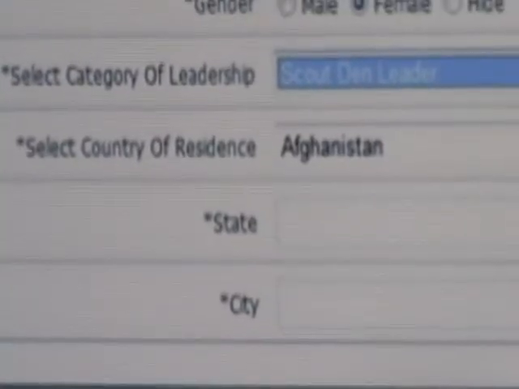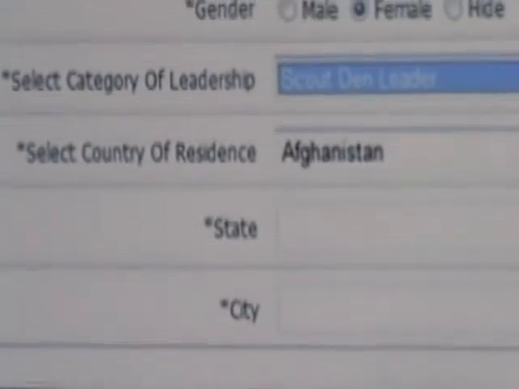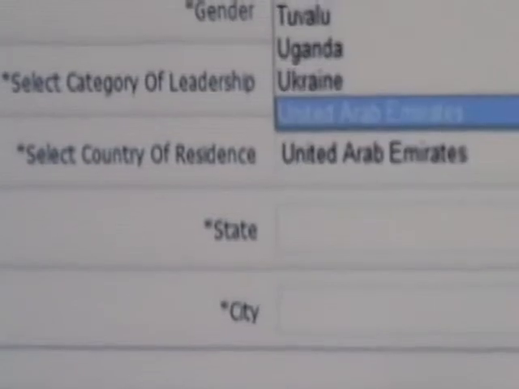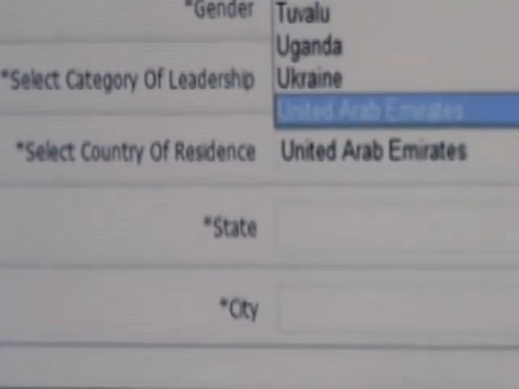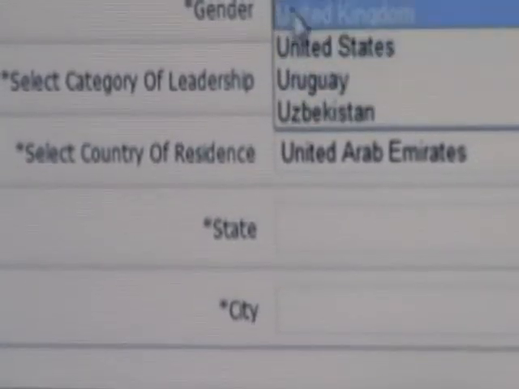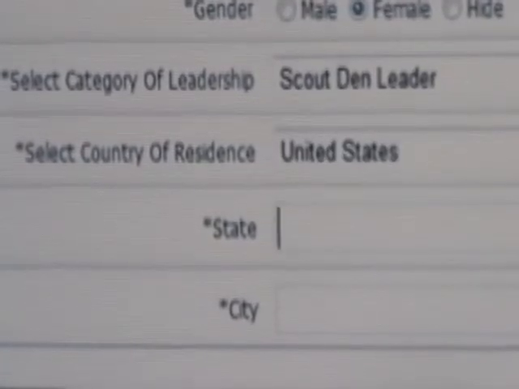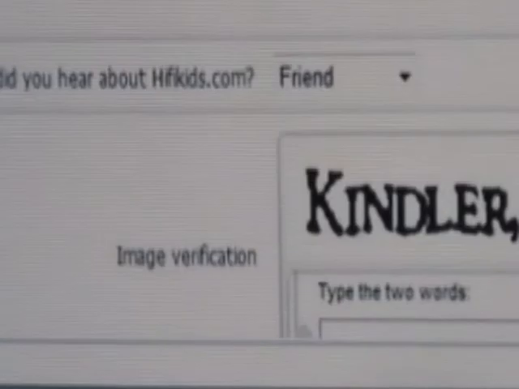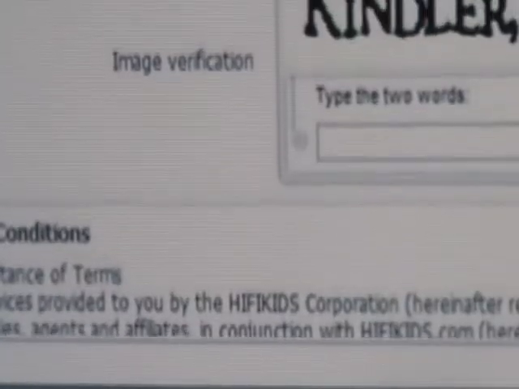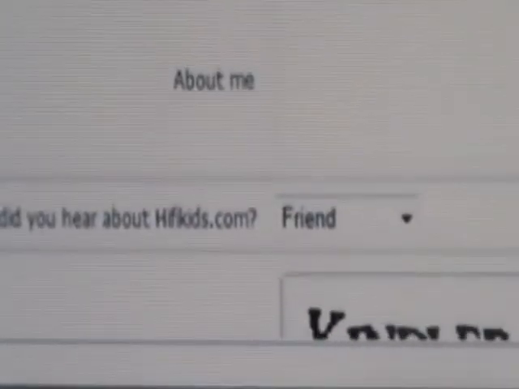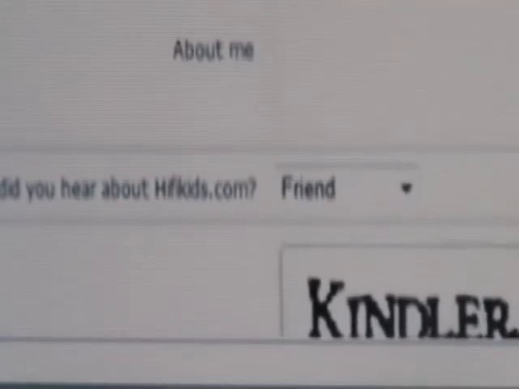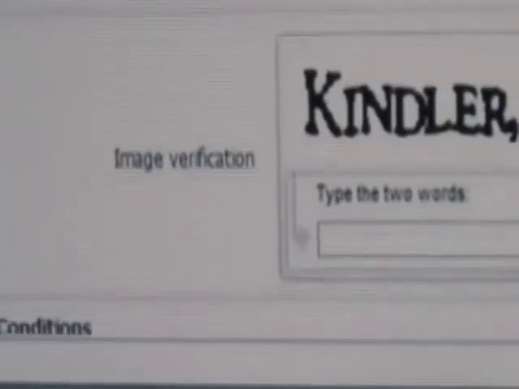Select your country of residence: United States, state, city, zip code, about me, and an important thing, you must select how you heard about hifikids.com, through a friend, or put the image verification code.